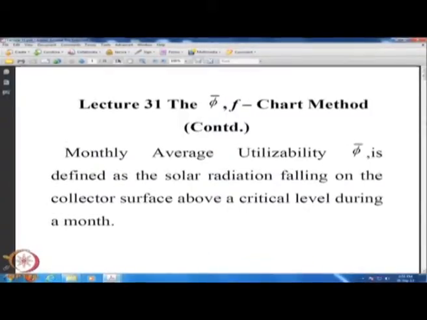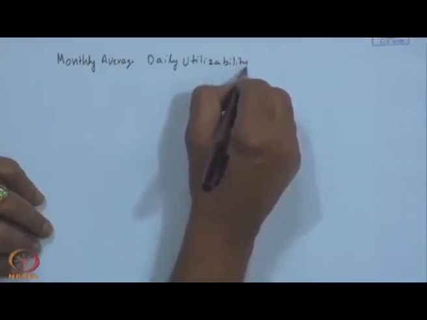monthly average daily utilizability, phi bar.